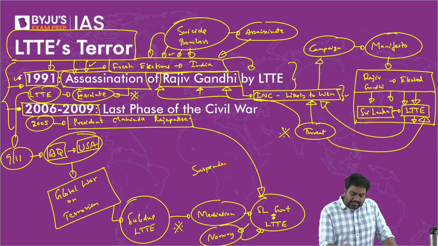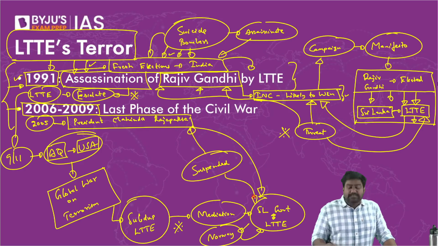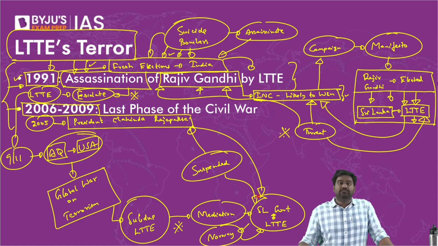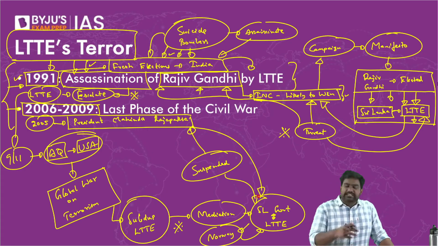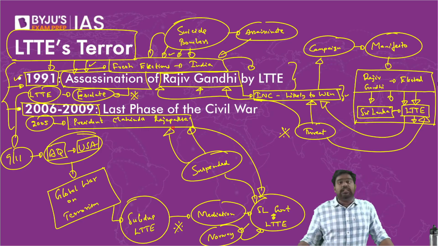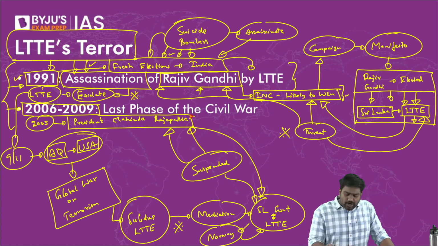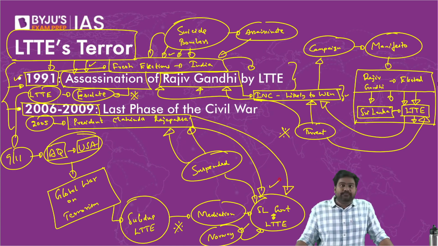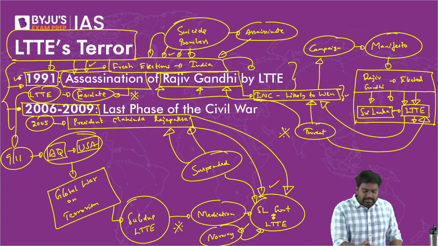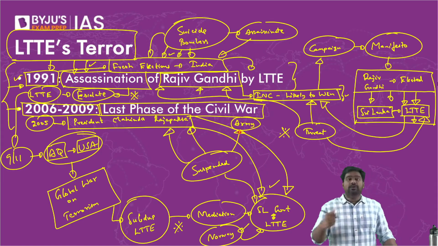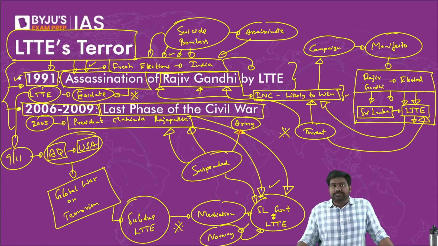Because Mahinda Rajapaksa comes from a party which has been seen as a conservative, far right-wing political organization, meaning he's always aligned with radical Buddhists, the Sinhala radical Buddhists. His party's core support base comes from the Sinhalese Buddhist factions, to the radical, far right-wing elements. So Mahinda Rajapaksa had always blamed India for the entire crisis in Sri Lanka, and he did not believe in any talks or negotiations with the LTTE. He suspended all the talks that were going on and declared the last phase of the civil war by giving tremendous powers to the Sri Lankan army to target the LTTE in the northern and eastern provinces.